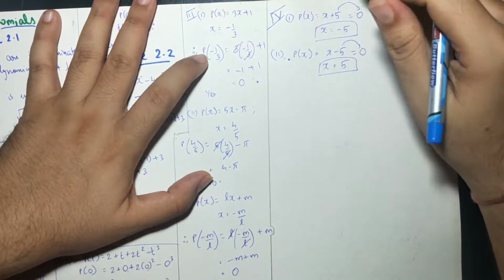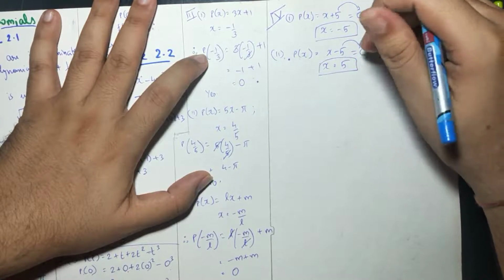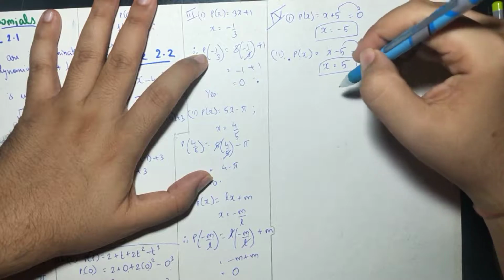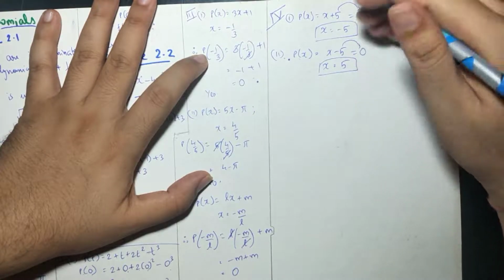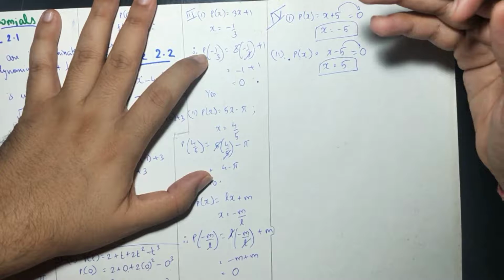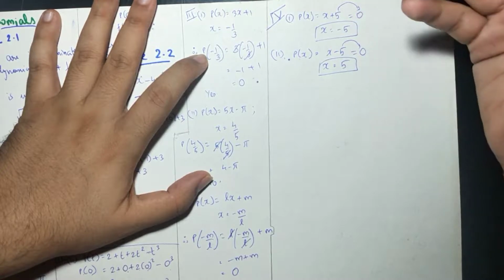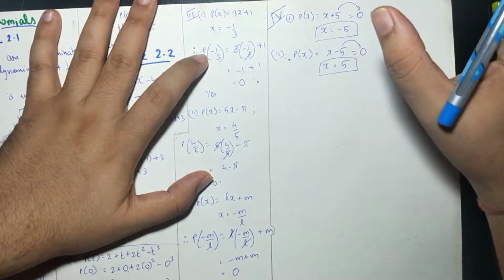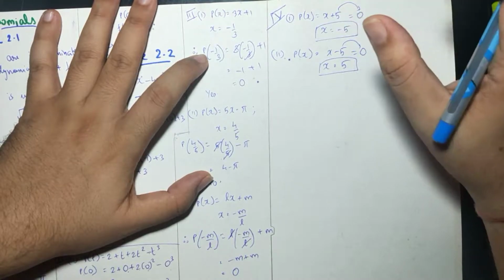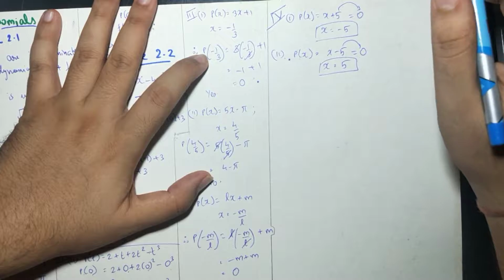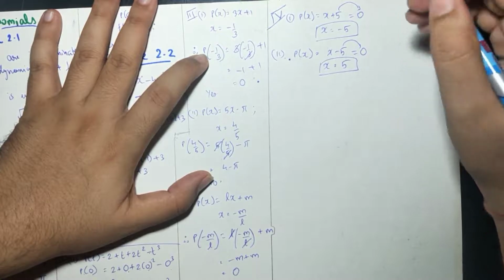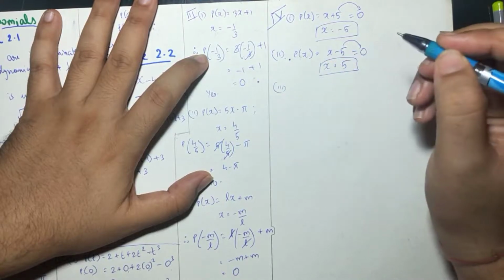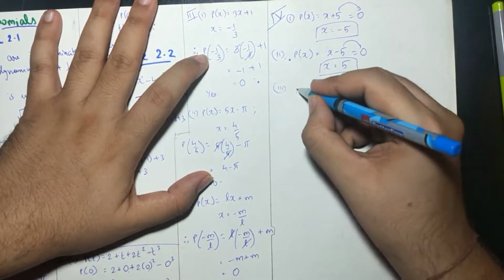These seem to be very easy because they are linear polynomials. They have degree 1. In this exercise we have degree 1, but in the next exercise the degrees will be increasing. It will be 2, 3 or more than that. For that, you should know middle term splitting also. I will be explaining that also, no issues in that. But today, this is simple. Just equate the polynomial to 0.